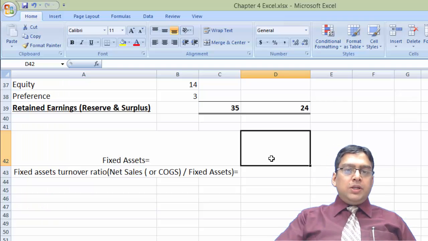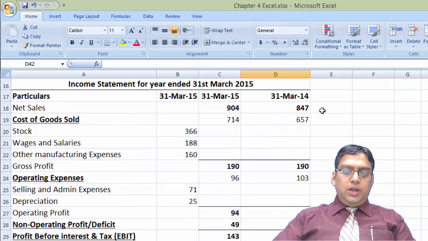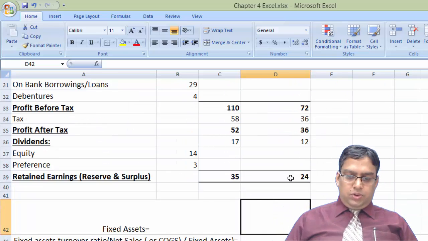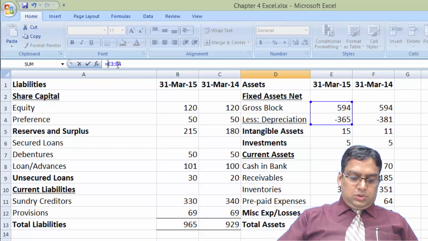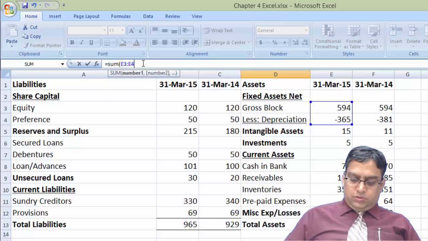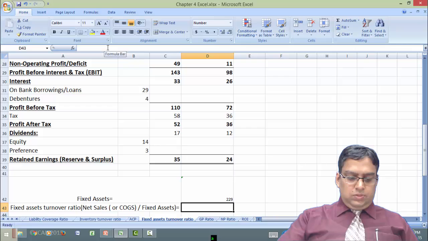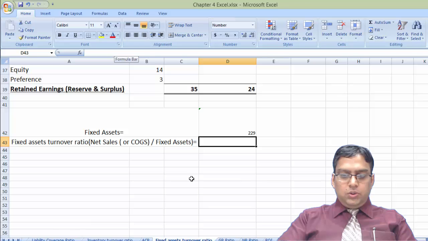Fixed asset according to the balance sheet equals E3 and E4. That is 229. Next, cost of goods sold equals